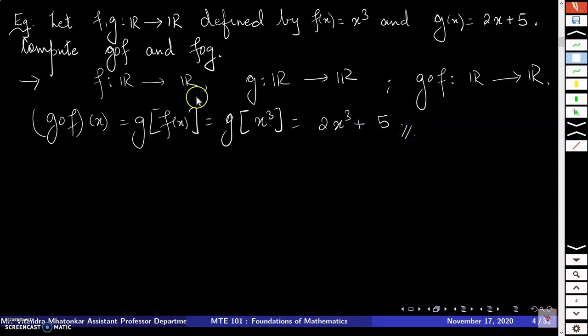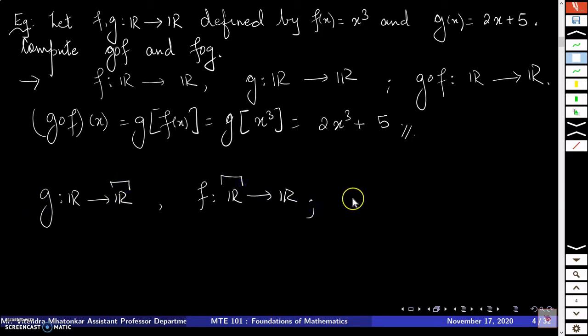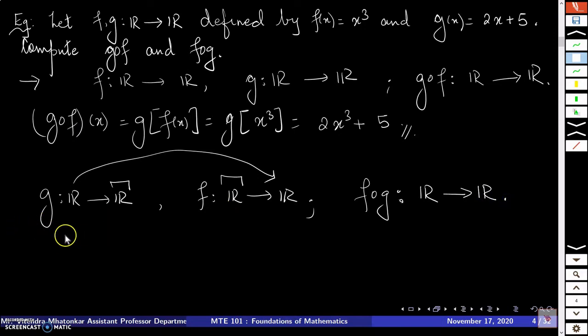All right. Now g is a map from R to R, and f is also a map from R to R, right? So the codomain of g is the same as the domain of f, so I can talk about the function f composite g, which will be from R to R. So f composite g is a map from R to R, and f composite g of x is defined to be f of g of x,